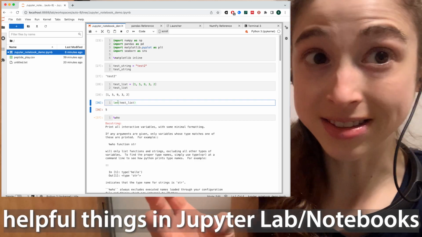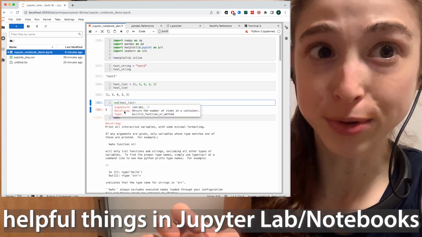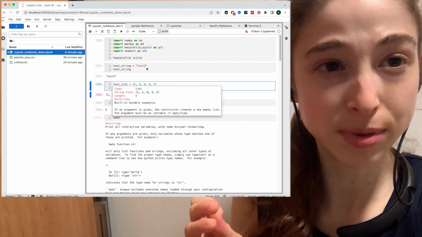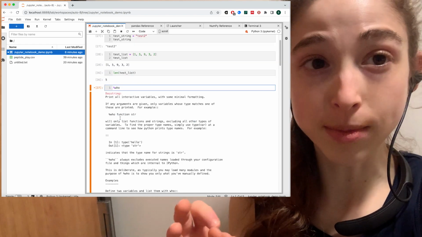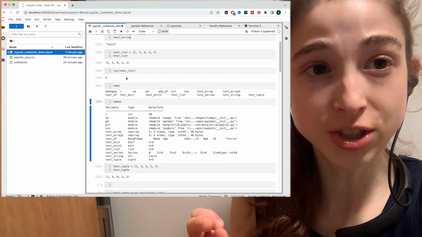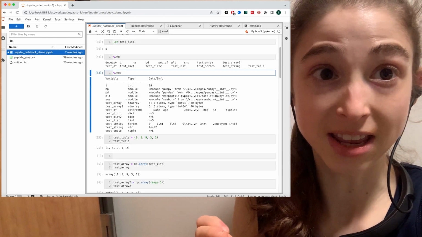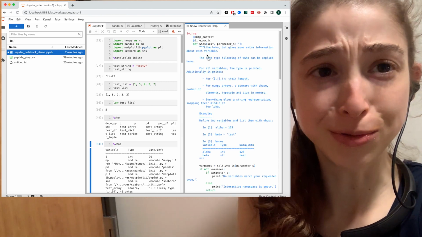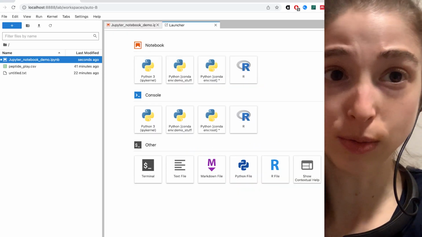Shift Tab and Tab in Jupyter Notebook and Jupyter Lab are super duper fab. I kind of stumbled across the Shift Tab, but it'll tell you all sorts of information about an object or a function, and how to use it and what things are. Another helpful thing is %who and %whos, but first let's start with the difference between Jupyter Notebook